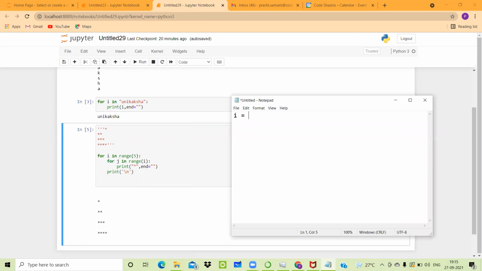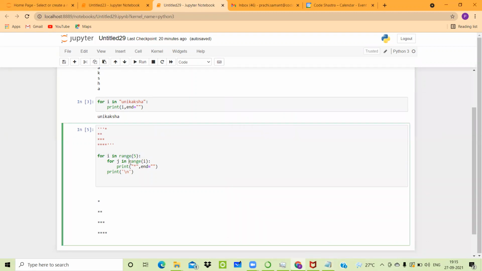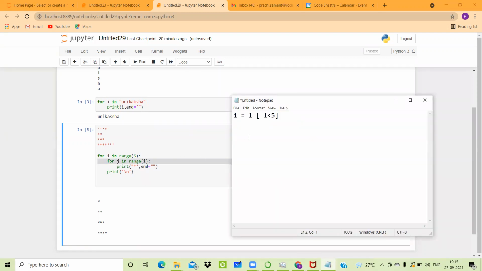So suppose when the value of i becomes 1, 1 is less than 5. That means this first looping statement is correct. That's why it will go to the second loop. Now in the second loop, we are saying that for j in range of i, that means the value of j currently will become 1 again.